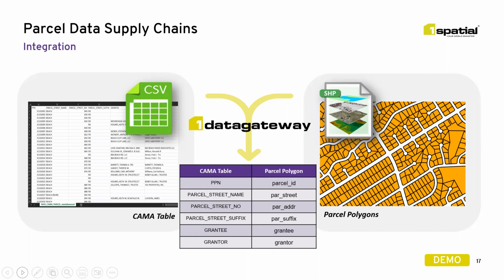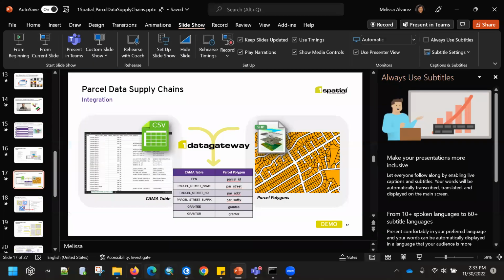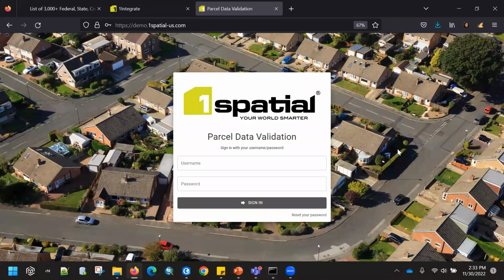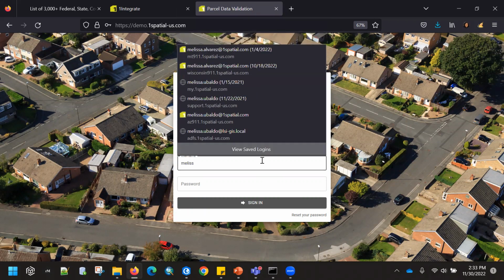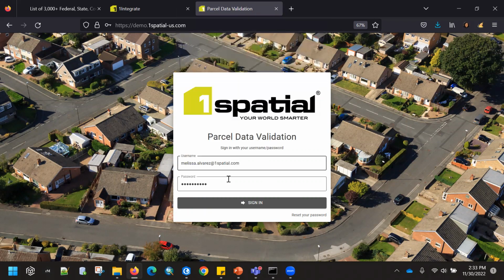And so let's take a look at how this would look from the perspective of a One Data Gateway user. Let me go ahead and switch gears here. So hopefully you're seeing my screen clearly. Where we're at now is One Data Gateway. It is a self-service web-based portal that performs data validation, processing, and enhancement. So I'm going to go ahead and log in as, let's say, a county representative, and this One Data Gateway instance has been set up and hosted by the state.